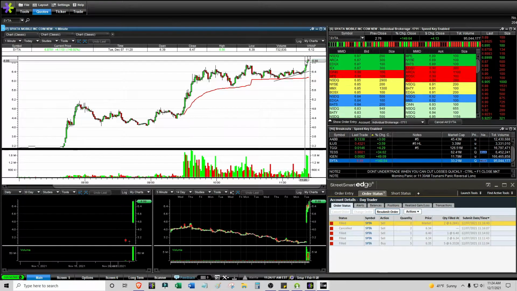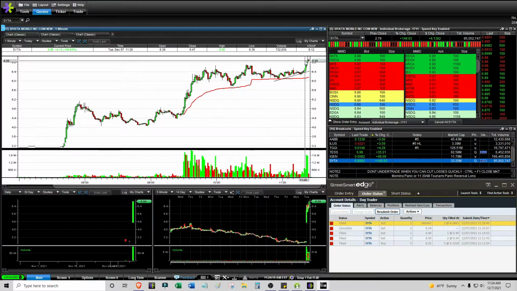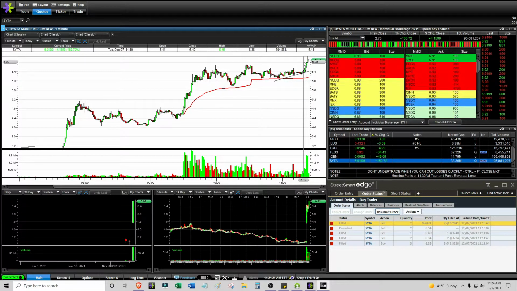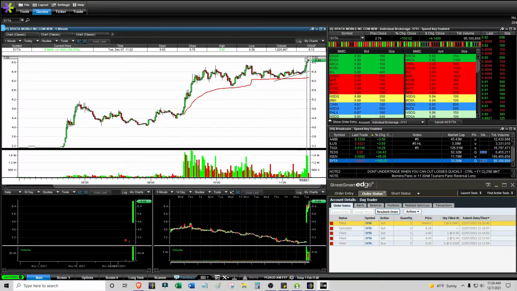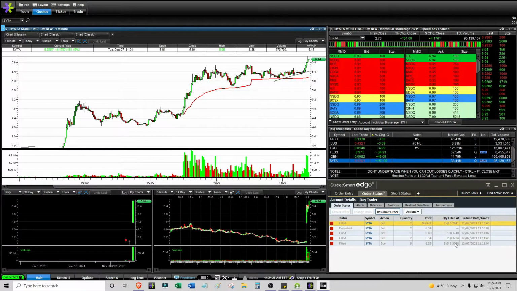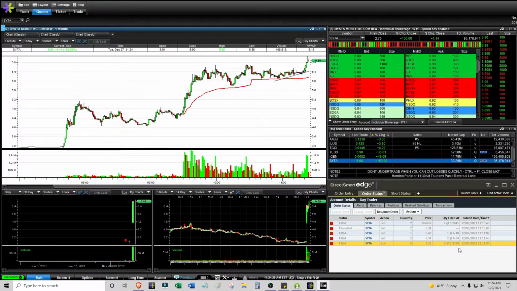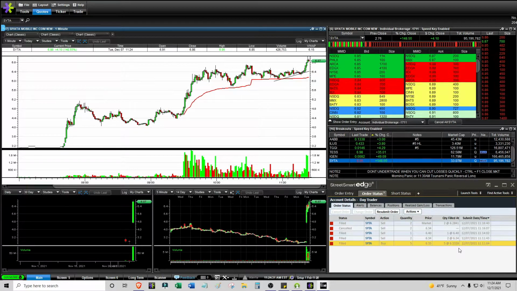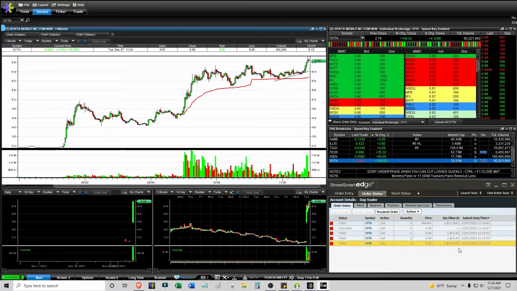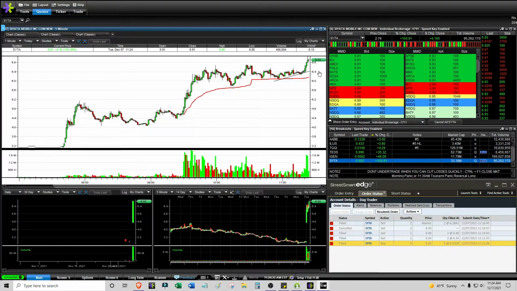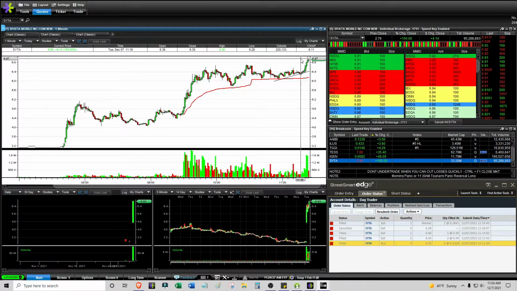But best case scenario, this thing just gets a whole bunch of people getting squeezed and it halts up, which is super nice. But this is already nice because at least for my entry I'd be up roughly about 10%. Especially if I were to have sold in the 690s. But